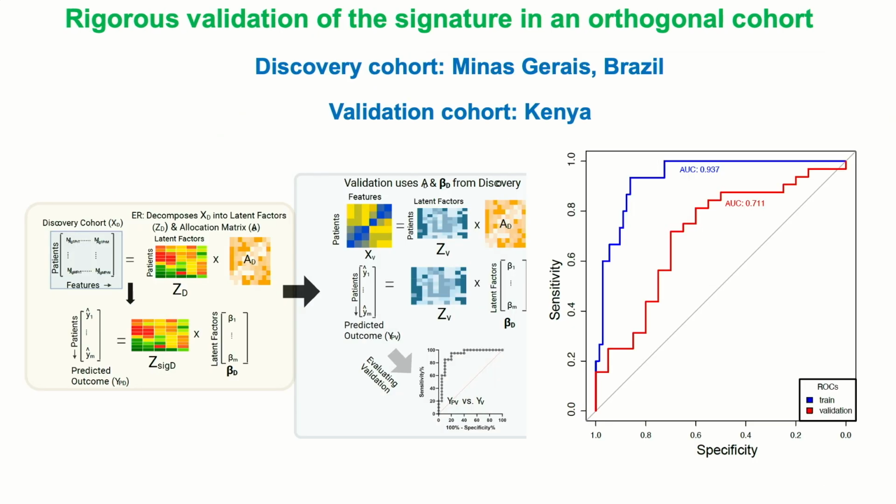So we said the first thing is let's validate this in an orthogonal cohort. So we discovered these latent factors using a cohort in Brazil. We tried to validate the signature using a completely orthogonal cohort, Kenyan cohort, and the model still does well. I mean, it goes from 0.9 to 0.7s, but the key thing is both the structure of the latent factors, the unsupervised structure discovery, as well as the prioritization were only done using the Brazilian cohort. We did not see the Kenyan cohort at all, and we still have signal. So we are capturing something that is extrapolable across contexts.